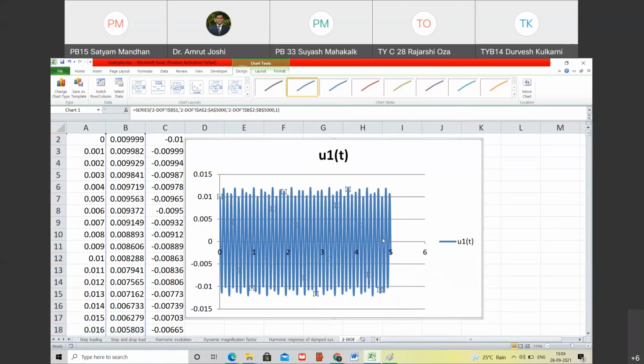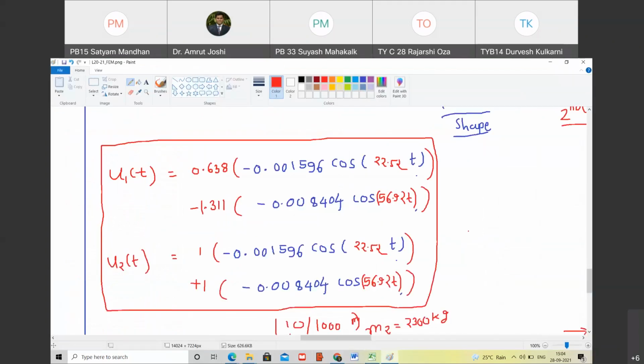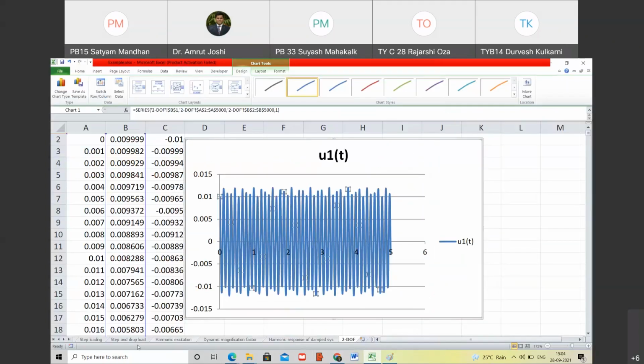Yes, sir. Can you point out what is the difference in this response compared to a single degree of freedom system? If we had pulled a single degree of freedom system 10 mm towards right and released it, how does it oscillate? What is the difference? So in that case you would have equal amplitudes on both sides. Do you agree with me? So if you look at that response which we have plotted in the same Excel, we did the SDF system, right? Let me check.